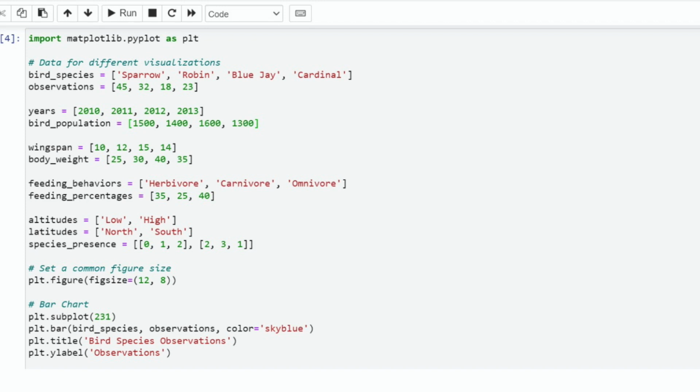In the first subplot, a canvas is born, a bar chart emerges with bird species on the x-axis and observation on the y-axis. The bars are adorned with a tranquil sky blue hue, with titles and labels meticulously placed. After this, if we see the next code of our Python, it's